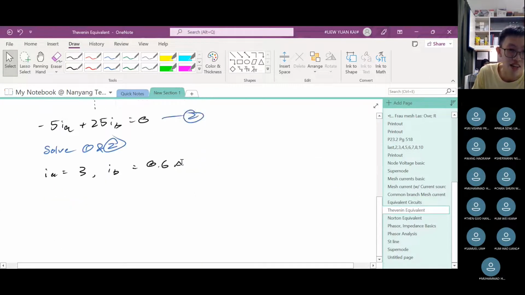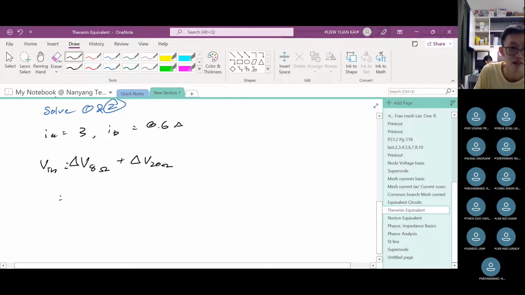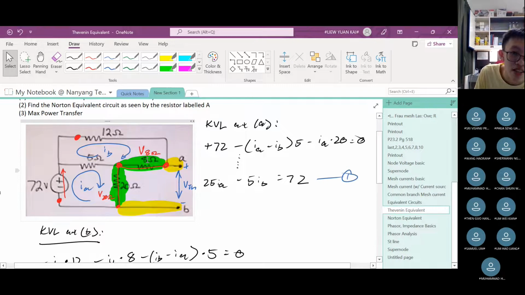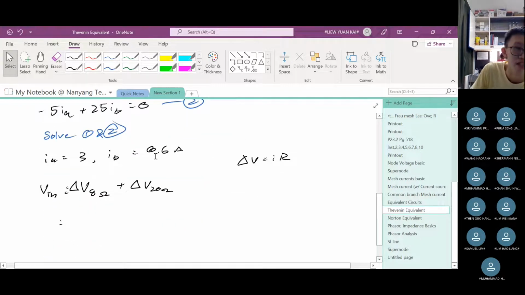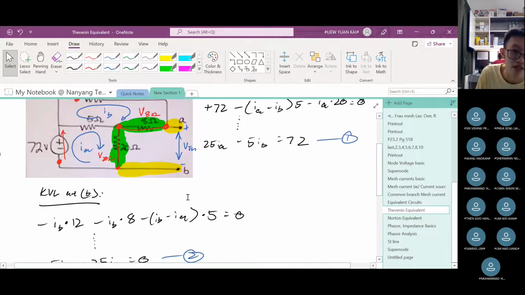So having said that, let's go ahead and do that. So the Thevenin voltage, which is the open circuit voltage, is given by the 8 ohm potential drop. Let me just put delta to show potential difference, right? Plus the potential drop across the 20 ohm. Now remember, delta V equals to I times R. So what's the I through the 8 ohm? The I through the 8 ohm is IB. IB is 0.6. So this is 0.6 times 8 ohms plus,